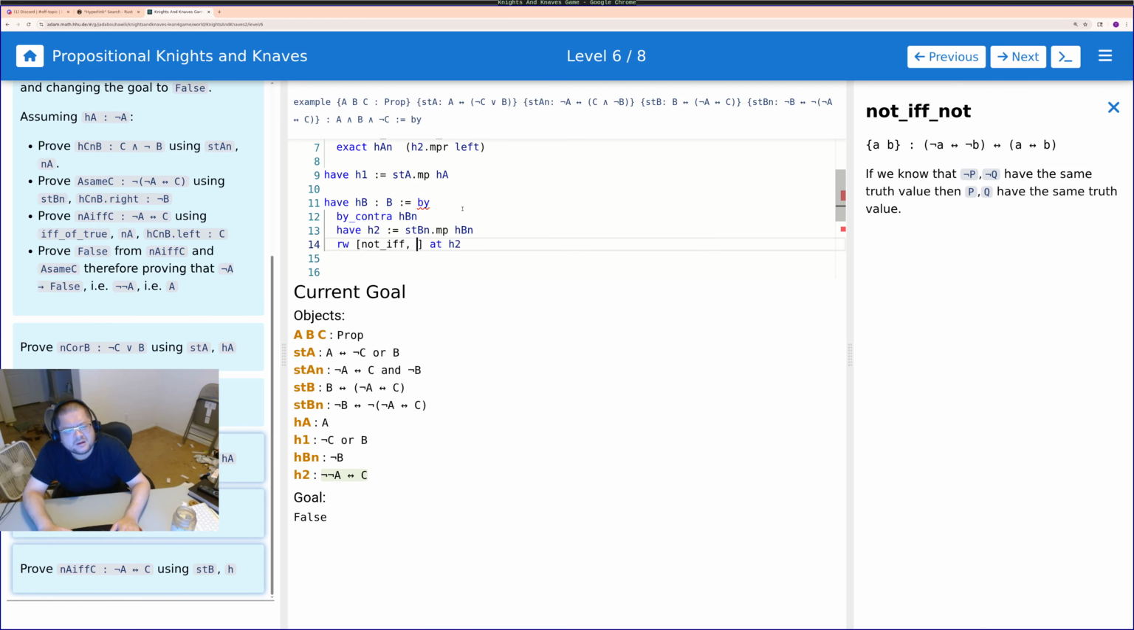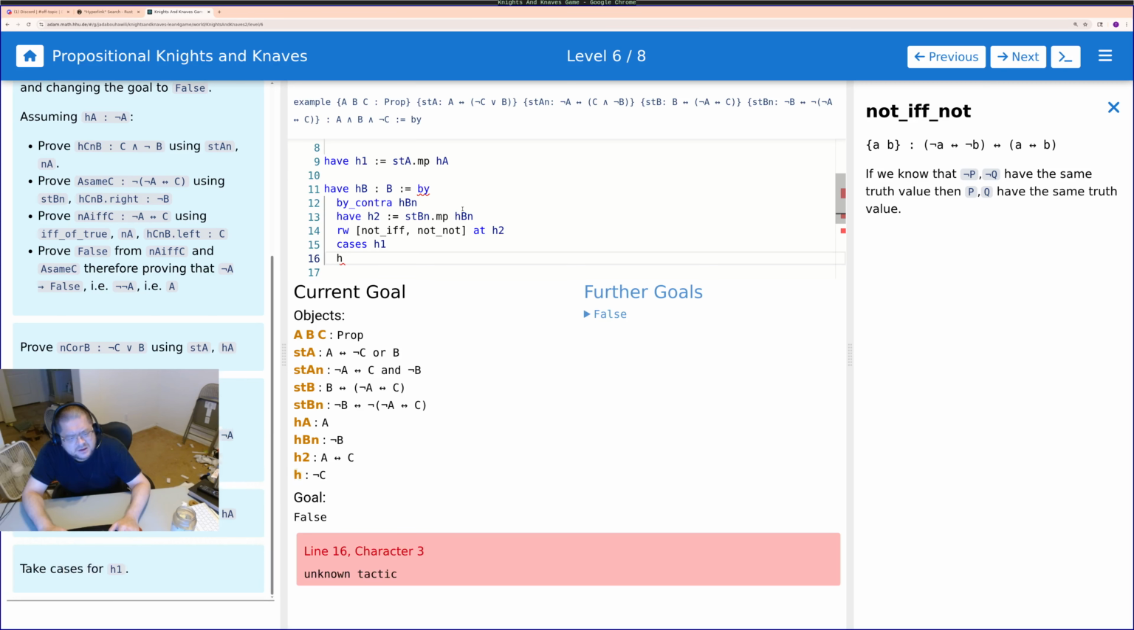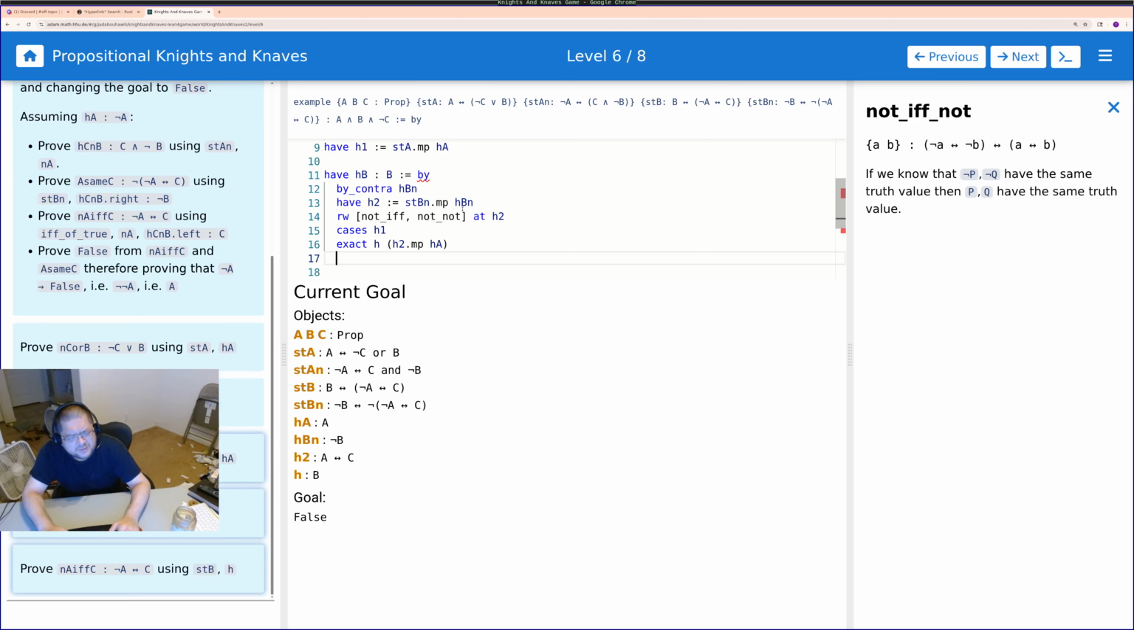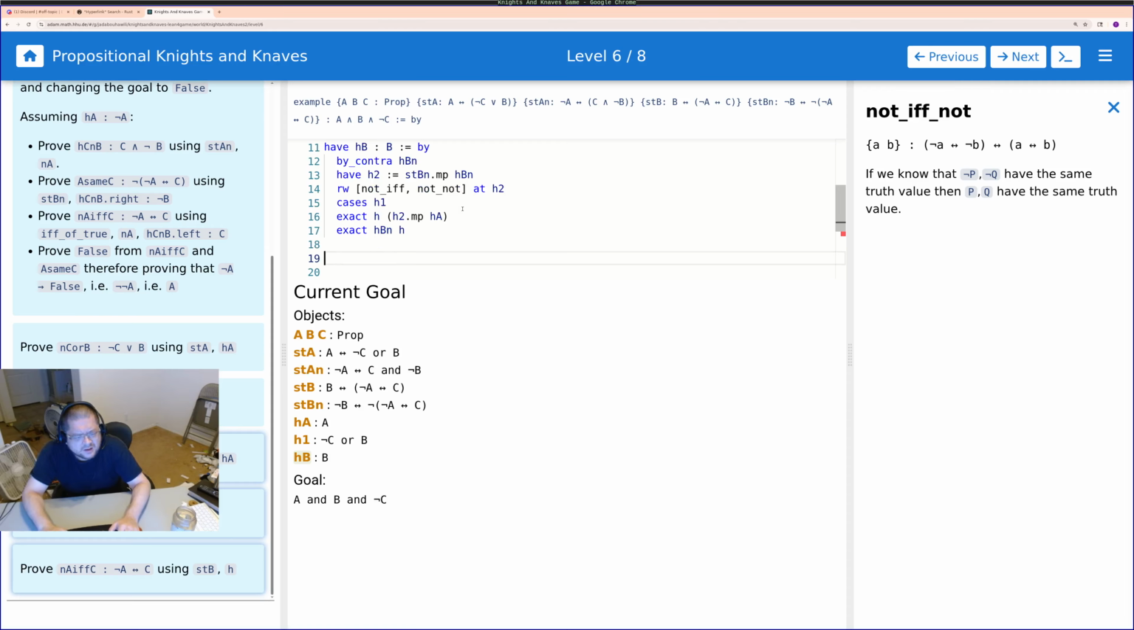Okay. A, C. Let's just break this apart. So this is going to be H of H2 dot MP of HA. This is going to be exact HBN of H. Okay. And at this point, when H2 equals